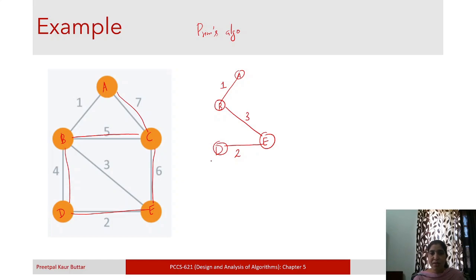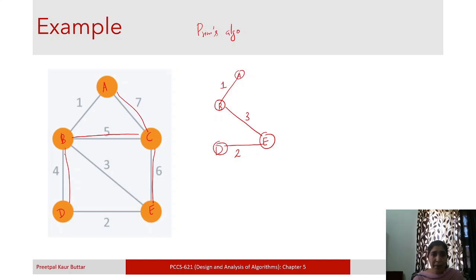So now this tree has grown to include node D, right? Now any other possibility? Now we have these edges, the edge with weight 4, the edge with weight 5, edge with weight 7, and edge with weight 6, right?